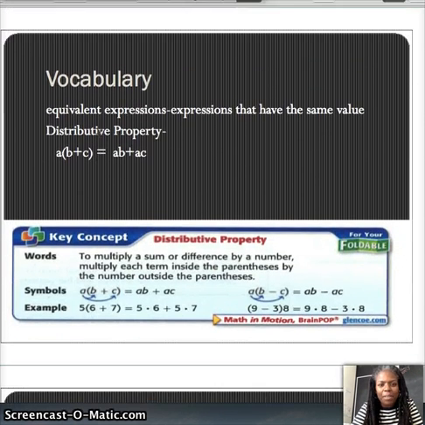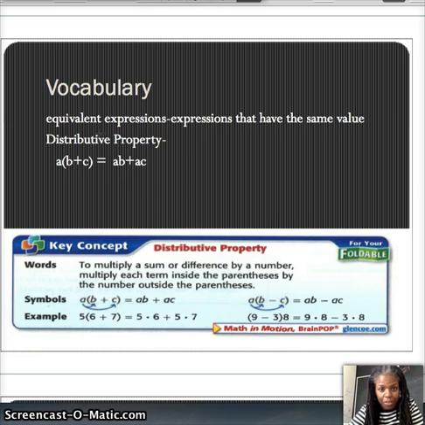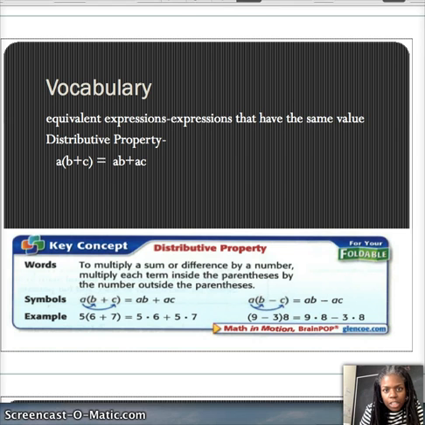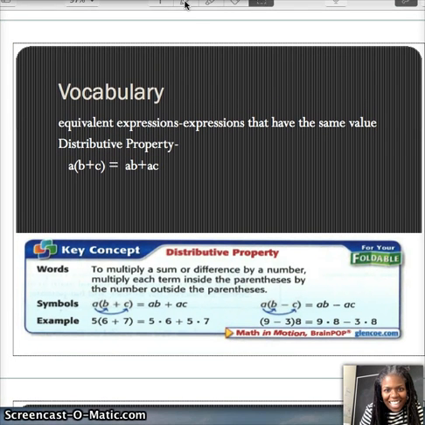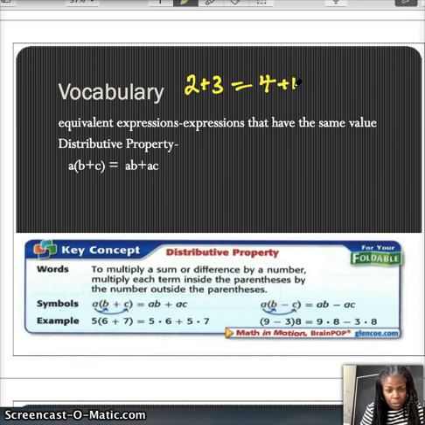All right, so our vocabulary, we've got two terms. The first one is equivalent expression, and that's expressions that have the same value. So for instance, I could say that 2 plus 3 is the same as 4 plus 1. These are two expressions and they're equivalent. If I were to tell you that x plus 5 is equal to 7, I could say that these are